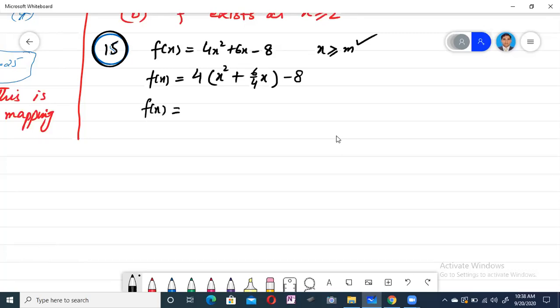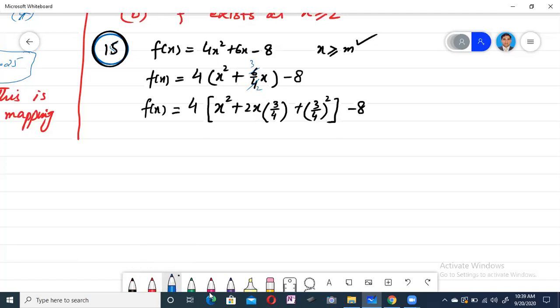Then f of x will be equal to 4 into, here will be, you can see this one, this cancels 4 and 6, this will be 3 divided by 2. Then a square plus 2 into a is x. B what we will write to make this 3 by 2x. Then here will be 3 divided by 4 we can take. You can see here this 2 cancels with 4. Here will be 3 by 2. Okay, it means 3 by 2x is coming. If b we are taking 3 by 4, then b square will be equal to 3 by 4 all square, minus 8 as it is.